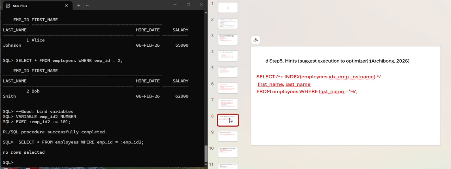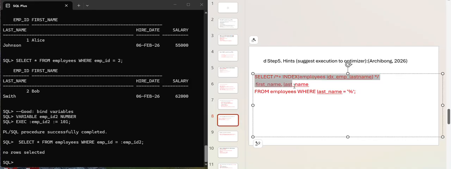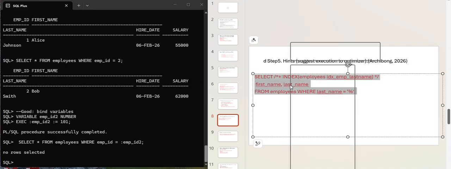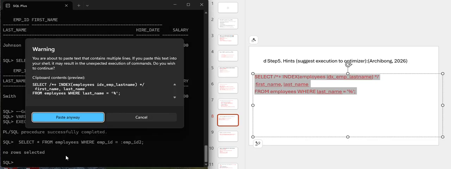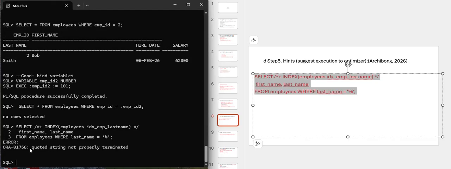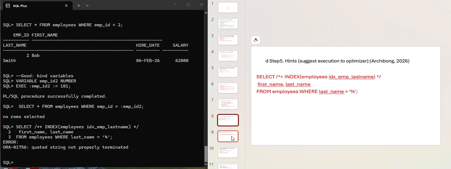You see? Okay, now we're gonna go to step 5. I think step 5, hints, suggests execution to the optimizer. It had another issue, but I asked Copilot to fix it, and it did it for me. Let's run it to prove it. You see? Quote string not properly terminated. So that's why